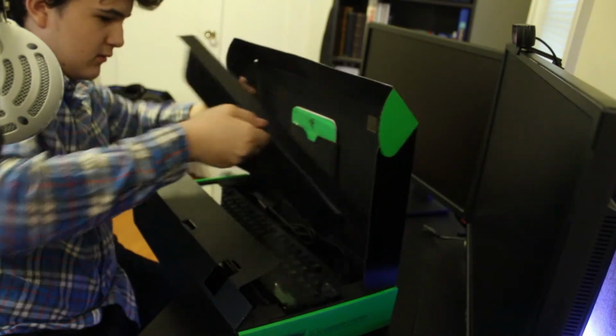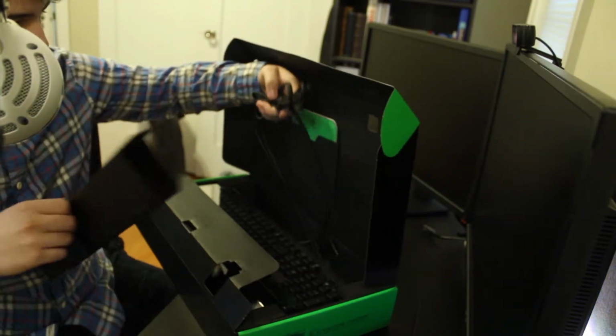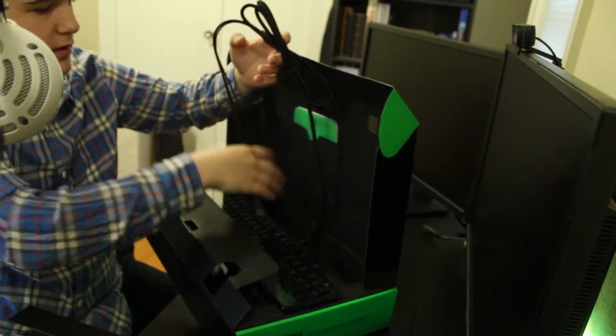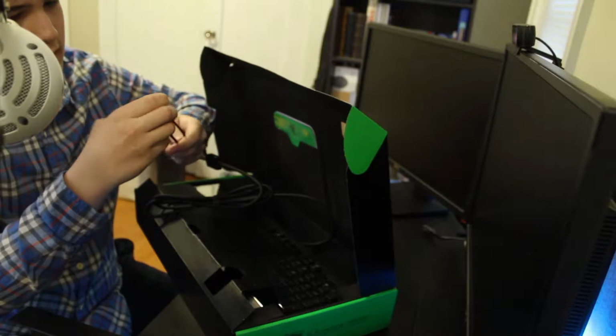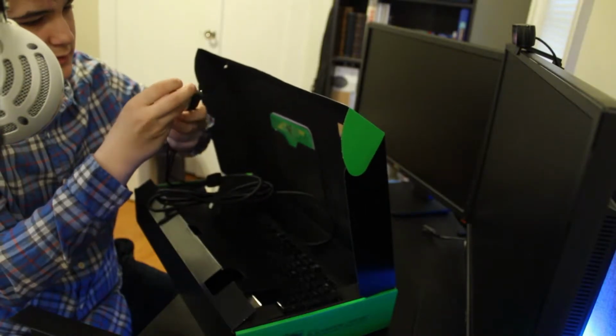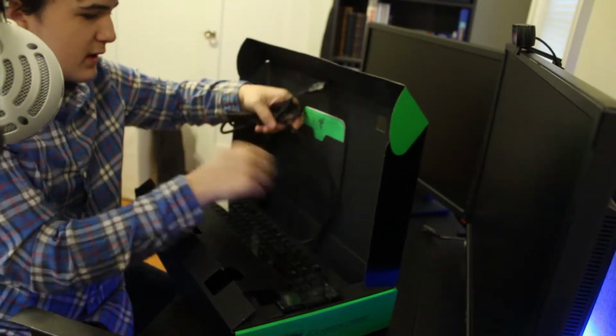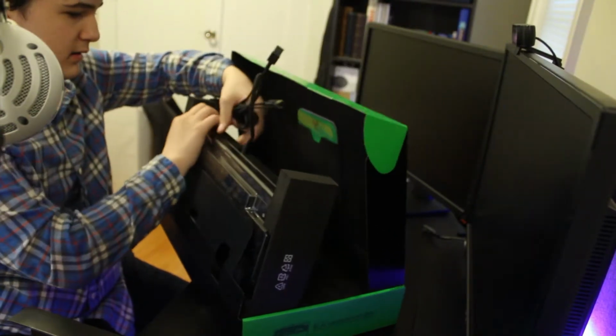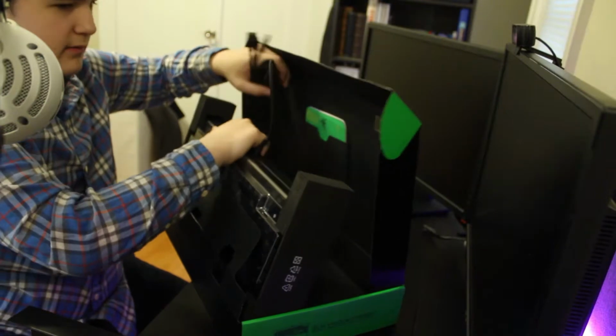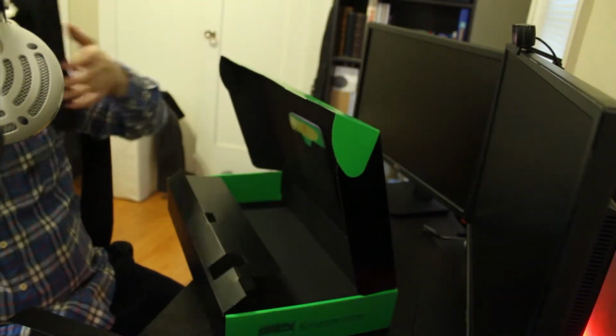What's this? Oh. So here's this nice braided cable, okay? Braided. Oh god, wait, why are there 3 cables? Are you kidding? Oh yeah, there's audio and then USB pass-through. Okay, yeah. I remember. I used to have a BlackWidow without the backlighting a long time ago, like 3 or 4 years ago. Okay, so...